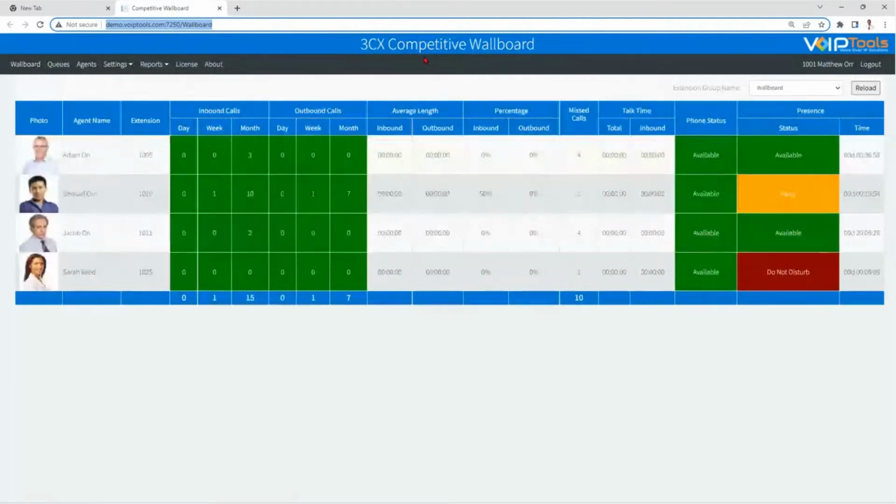Unlike the really good wallboard that's provided by 3CX, we took a very different approach on this first wallboard that we created. 3CX shows you good global summary information about an individual queue. And what we heard over and over again was that we want to see